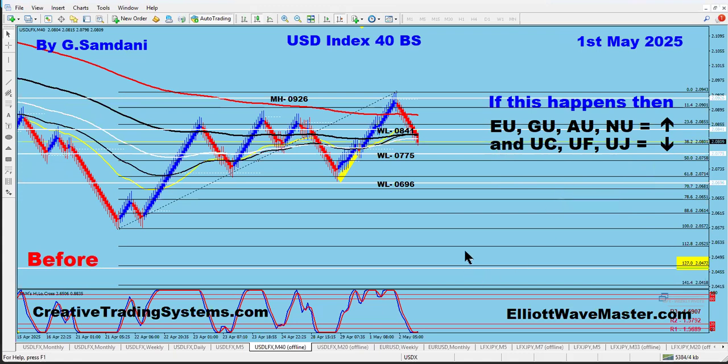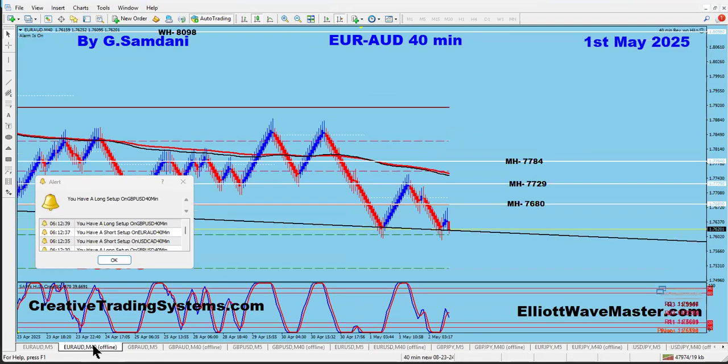Similarly, the Aussie dollar. It was getting weaker, but earlier we had some Aussie news scheduled, and then Aussie started to get a little bit strong. I remember in yesterday's video I showed you the setup that Euro Aussie and Pound Aussie were all the way at the bottom and supposed to go to the upside. And they did. After that, they flipped to the downside. This was the chart I showed you that it was going to go up.